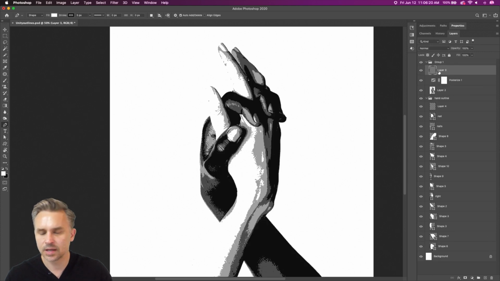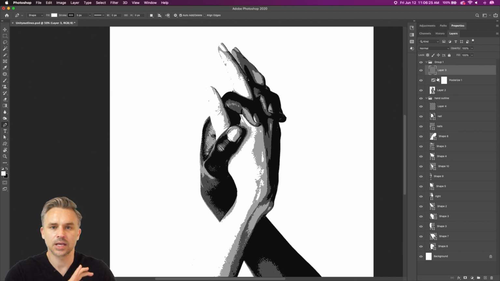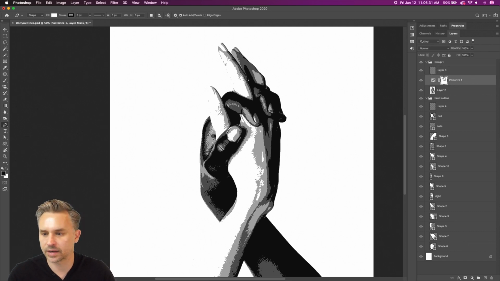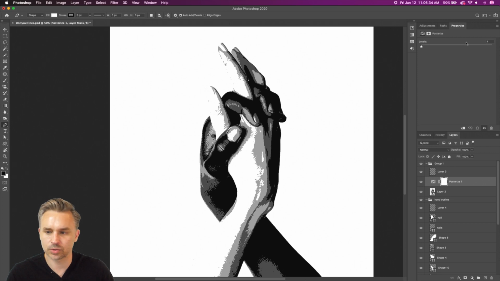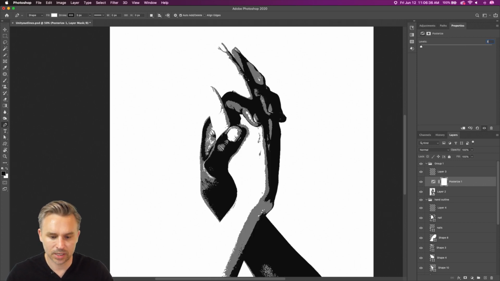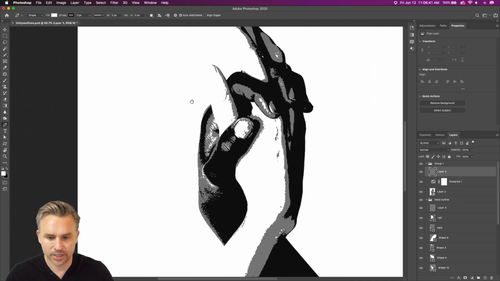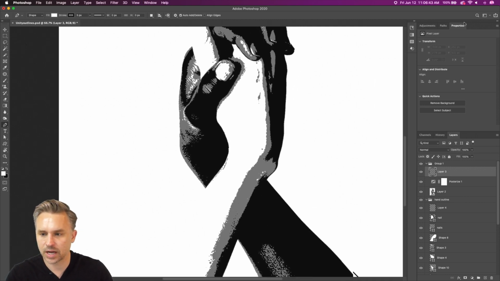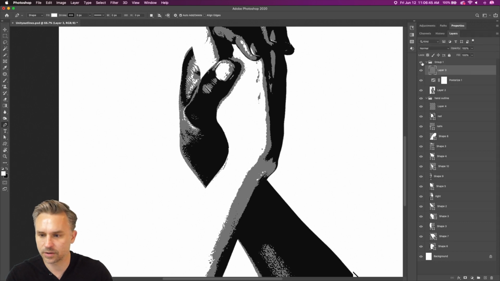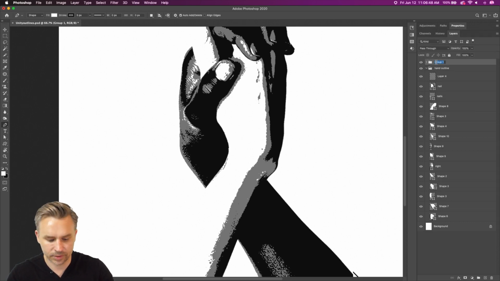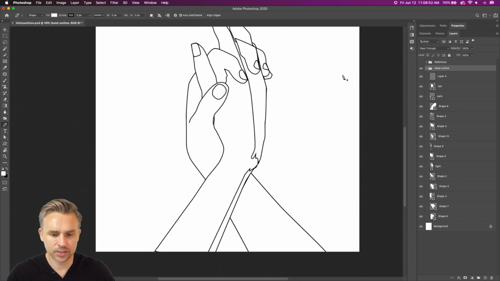The cool thing is, unlike Illustrator, you can posterize things in Illustrator, but it's like a one and done deal. Like if you didn't save the image, the photo, then you can't really go back. So that's why I like working in Photoshop. I have posterized. I can change this from 4 to 3 and figure out what depth I want. I think I actually will go with 3, and I'll come in and start blocking in all this color. So this is basically my reference at the top, and then I can jump in and start